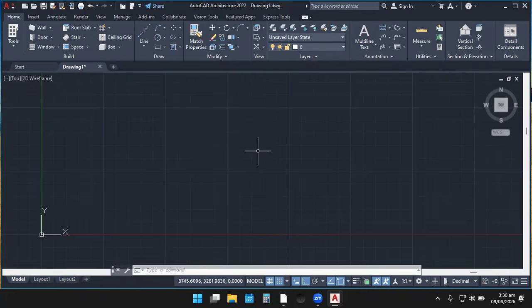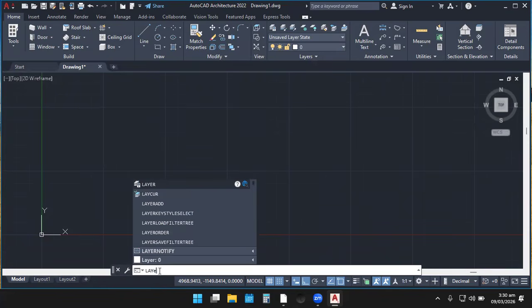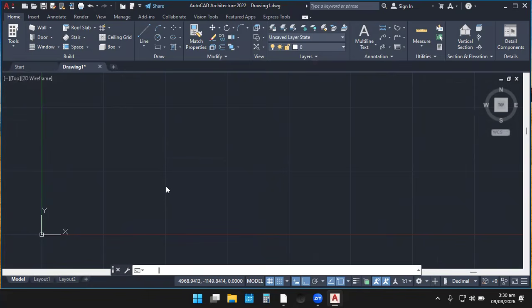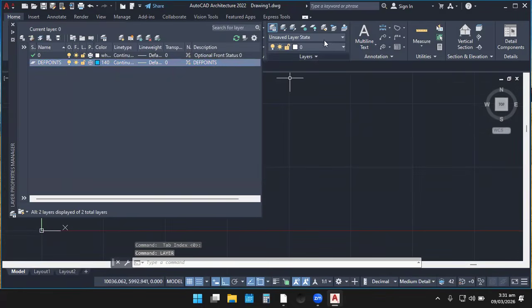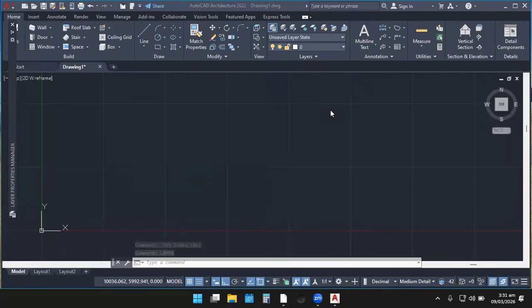Exactly. So from here, what do we do? We want to go and set layers. Okay. You can come and click the control command. When you bring your mouse over and you select, you click on the control command, enter layers. So type in layers, LAYER. So you see that it has highlighted over. You just come and select the first. This is it over here. So when you click the layers, the layer menu is going to display, and this is it that has displayed on the screen as we are all seeing now.